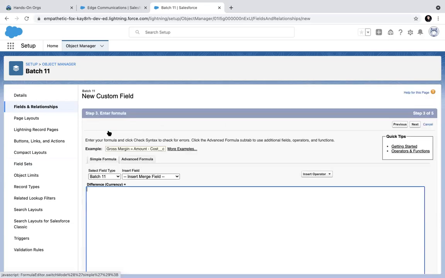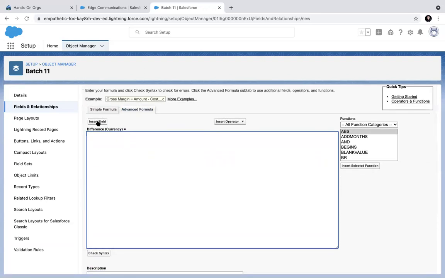Because for a simple formula, you can only use the fields of this object, the operators, and organization or user information. But here we are not only dealing with that object, because the roll-up summary is not on this object. Batch 11 does not have a roll-up summary. The parent has it.